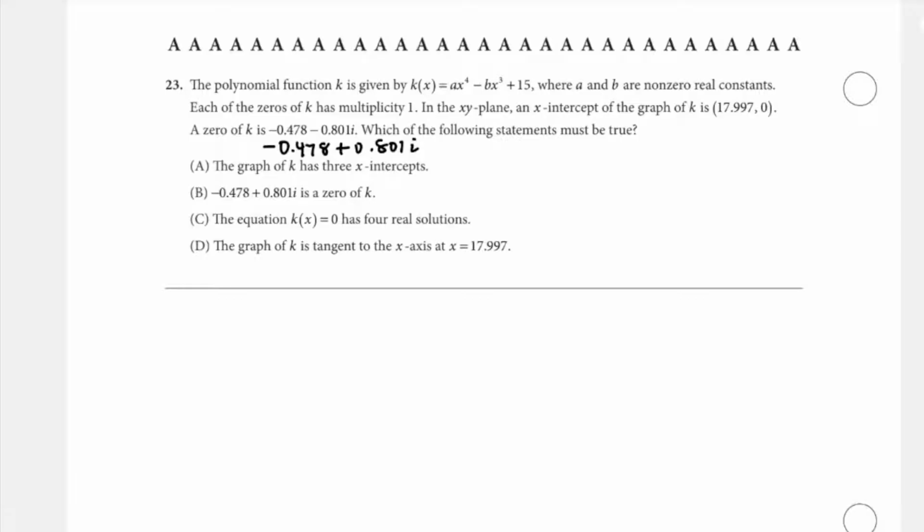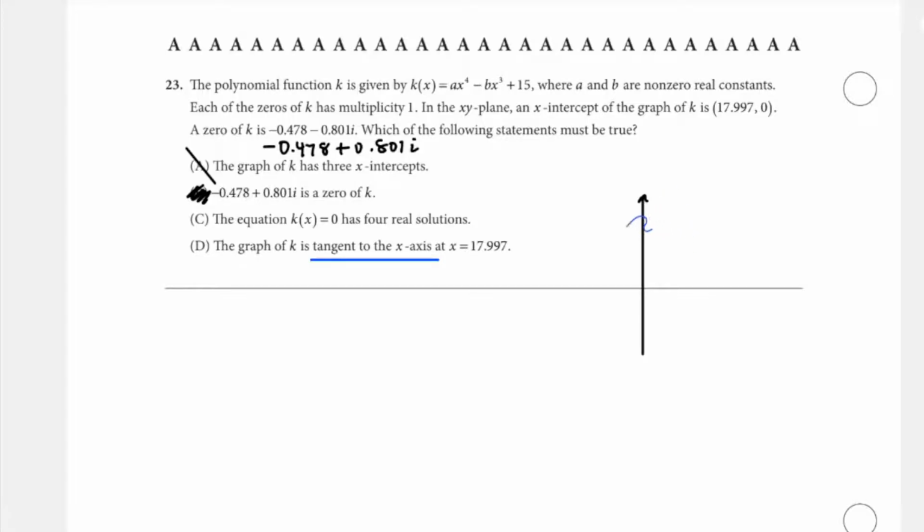Okay, so I know that I've got 2 real roots, meaning 2 x-intercepts. Must be true: 3 x-intercepts. No, this is a degree 4 polynomial, so it's got 4 zeros, 2 of which are already taken up by non-real complex roots. So that one's going to have to be true. For real solutions, no, I already know one of them's not real. And the graph of k is tangent to the x-axis. Okay, just in case that doesn't come up again, what that means is, if this is my x-axis,